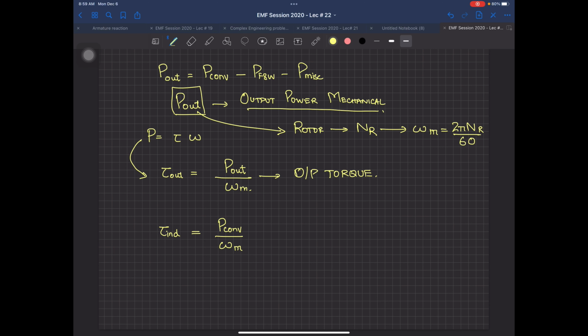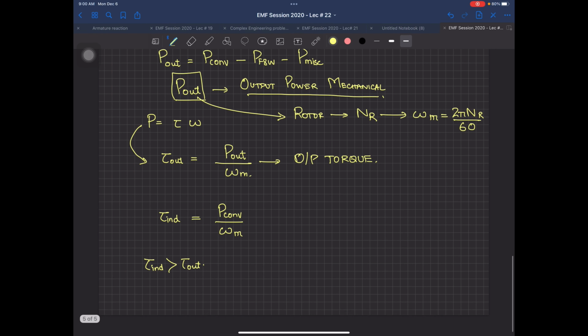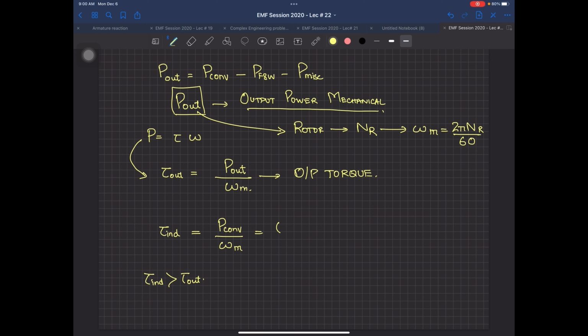And certainly this torque induced is going to be larger than your output torque, because there are certain losses which are happening mechanically. So your output torque is a little less than your induced torque over there. And since we have found P converted equal to this formula, I have a very simple equation over here. This can be written as 1 minus s P air gap divided by,